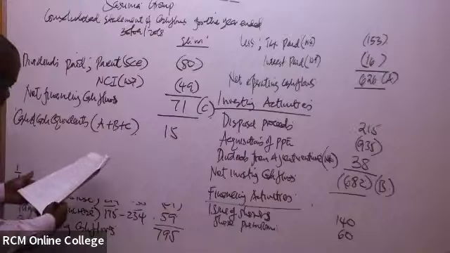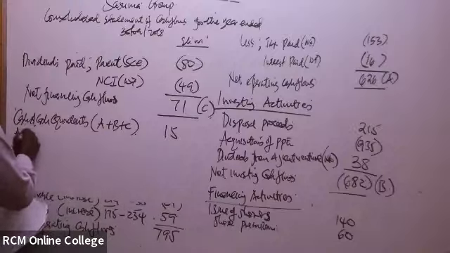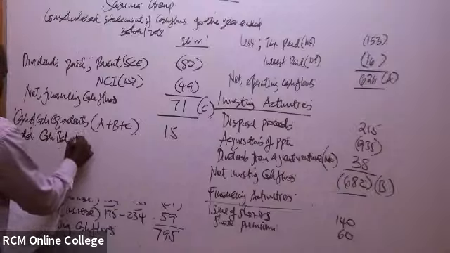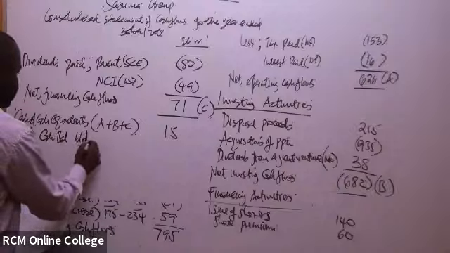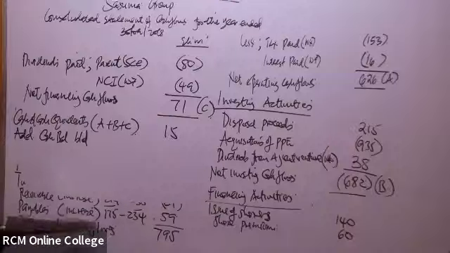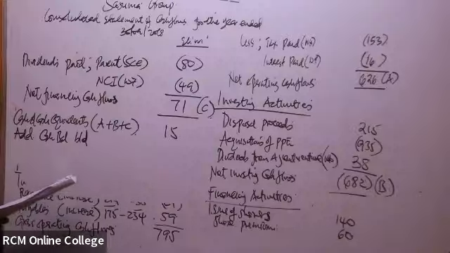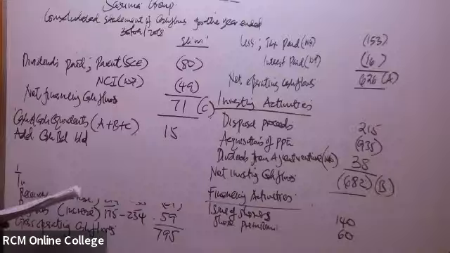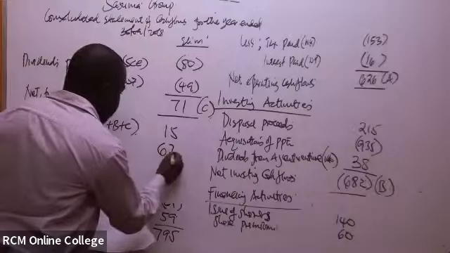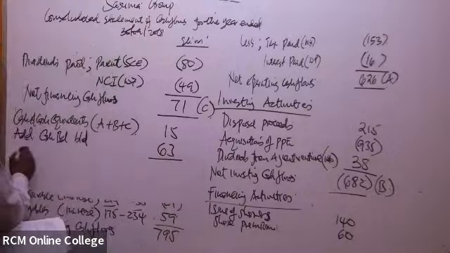Then in this case, you add the cash balance brought down at the start of the year. It is how much? The cash balance brought down at the start of the year is how much? Casti says 63. It is actually 63. Yes, it is 63. When you add, it should give you the cash balance at the end